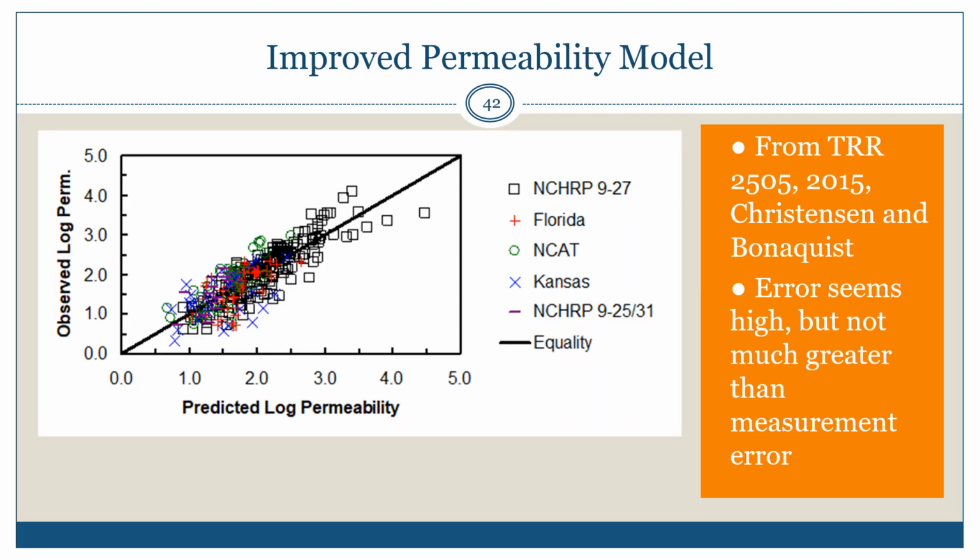This shows the results of that permeability model in terms of observed permeability and predicted permeability on a log-log scale. Now, this shows a lot of variability. It's only accurate to within about an order of magnitude, say a factor of 10. This might seem very poor, but you have to keep in mind that if you just looked at measuring permeability on field cores alone, you would see variability close to this. In other words, you're really never going to get a model much better than this because the variability in the